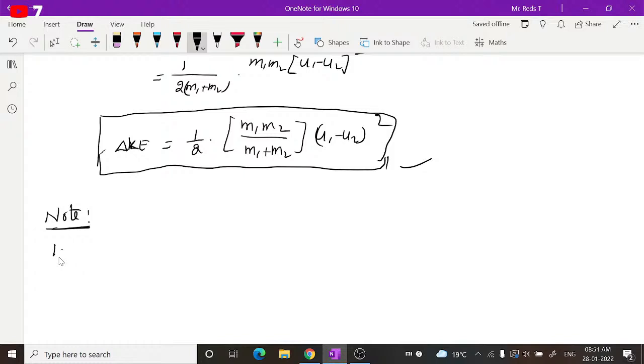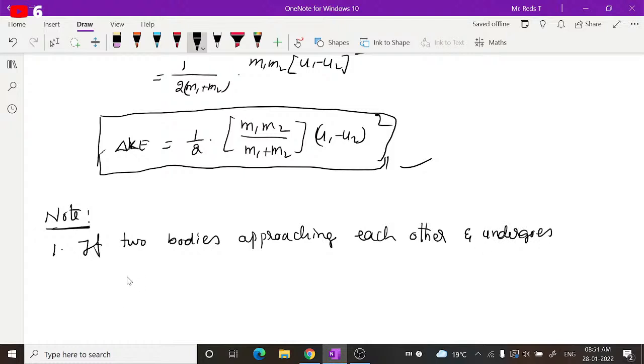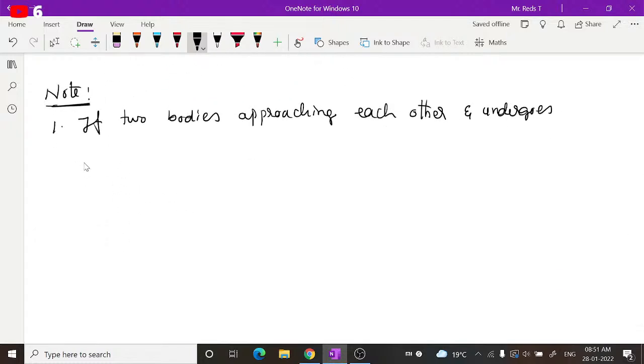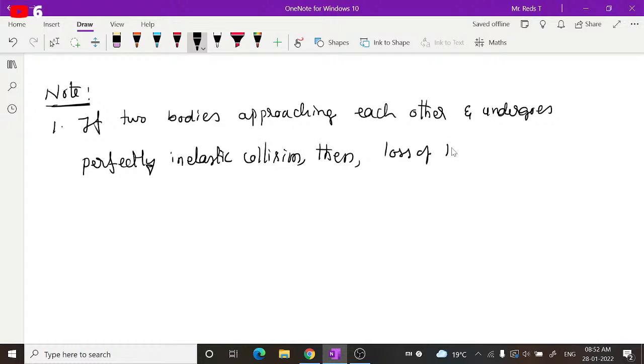If two bodies are approaching each other and undergo a perfectly inelastic collision, then the loss of kinetic energy of the system is given by, when they are approaching each other, meaning when they are moving in opposite directions,